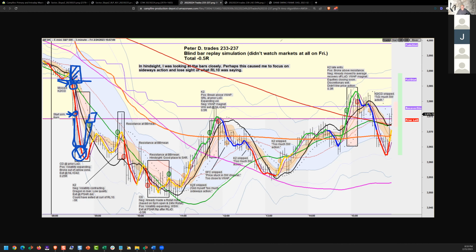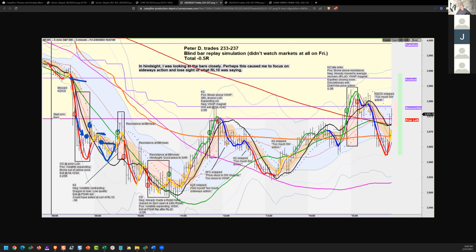So in that case, really what we're looking at is that we should be having an exit somewhere in this area instead of here. And that should be our victory. And then I would be taking this short here on a COTA 2. That one would probably scratch. And then